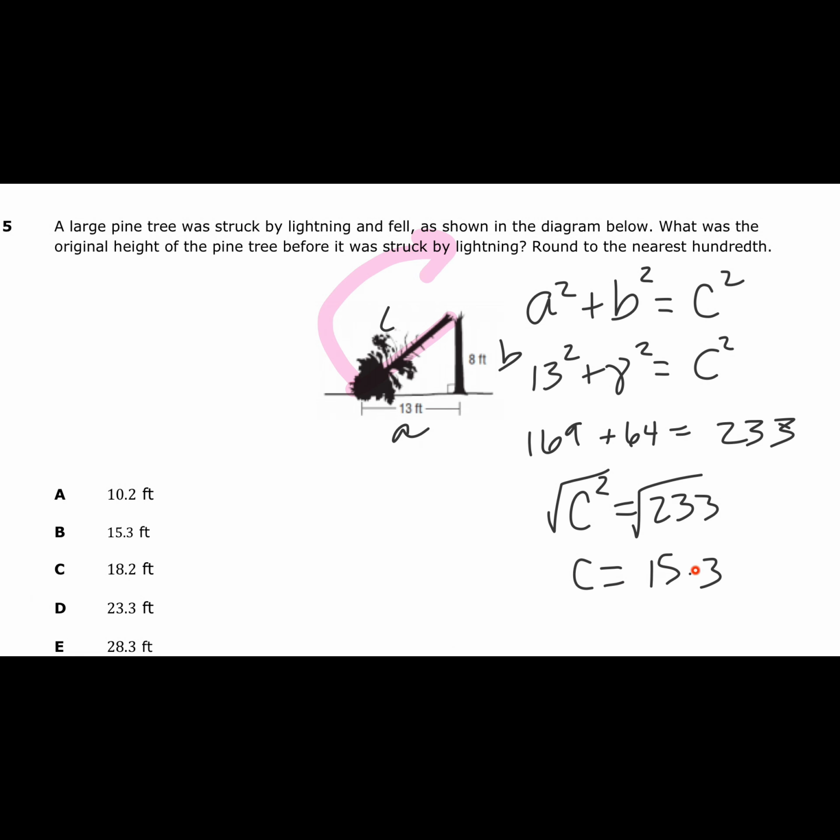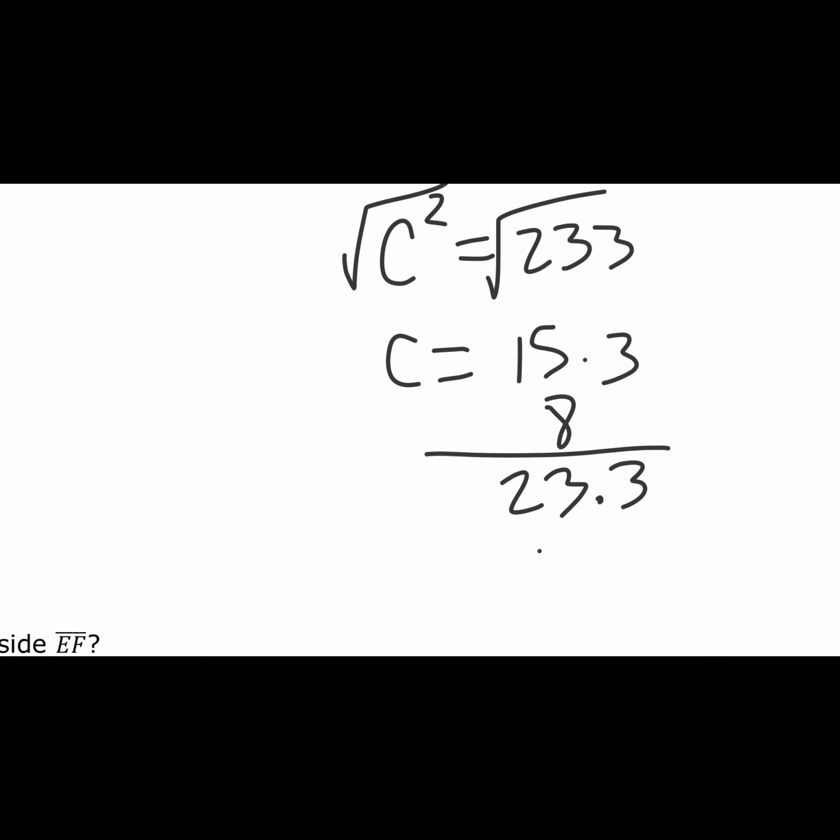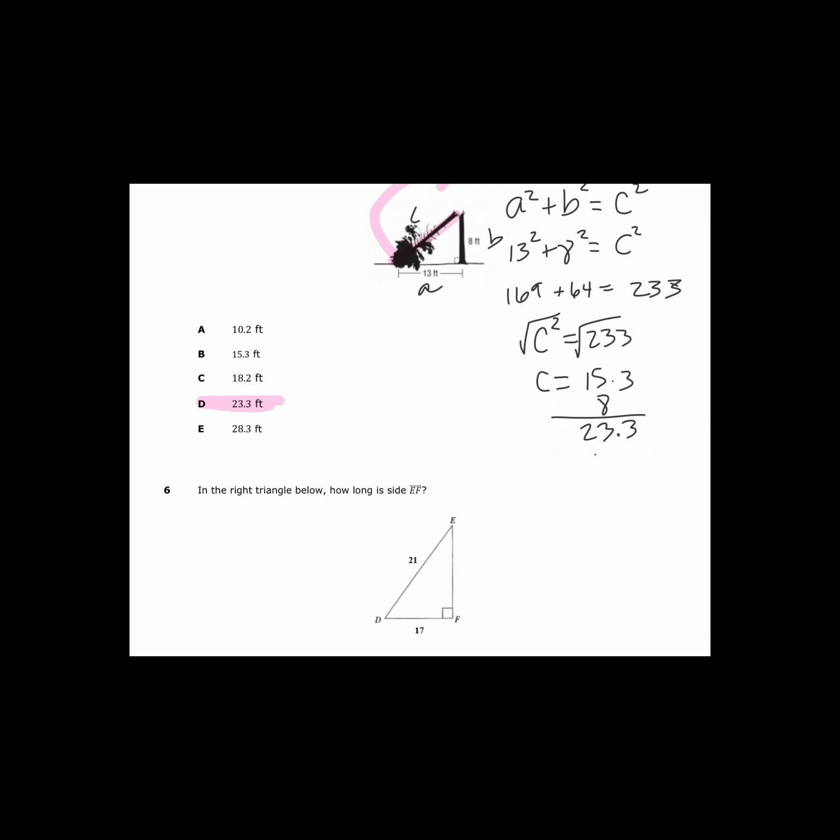So a lot of us made this mistake right here, where we got to this point and we saw it in our answer choices and we decided that was our final answer. I even made this mistake when I first looked at this problem when I was going over this quiz. But that just tells us how much of the tree fell down. It doesn't tell us how tall the tree was to begin with. In order to find that, I need to take this answer that I just got and add it to this 8 feet so that I figure out how tall the tree was before it fell down. So if we add it to this 8 feet, we get 23.3. And if you look at your answer choices, that is answer D. So if you got answer B,